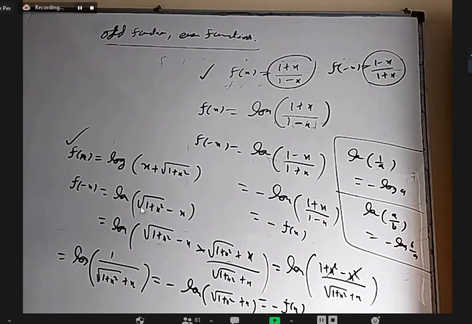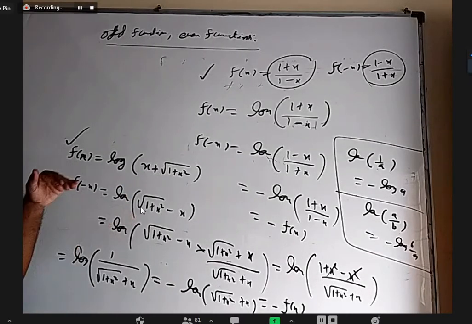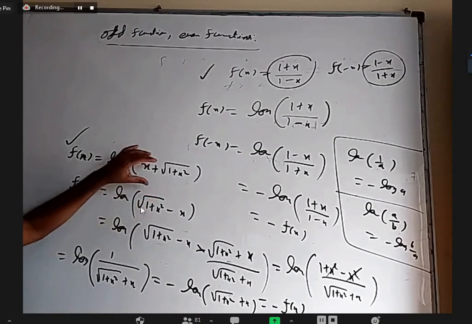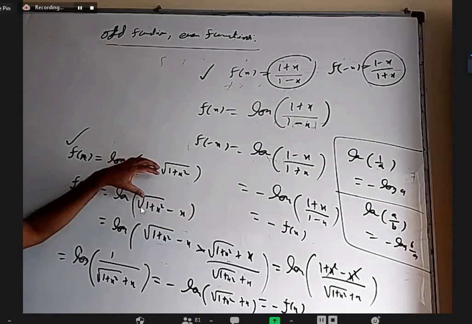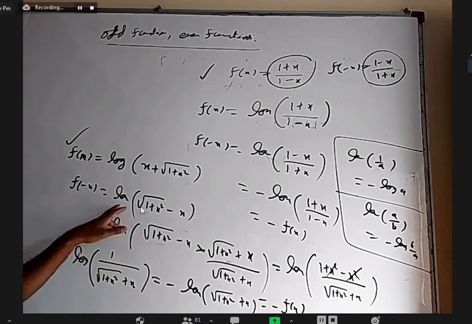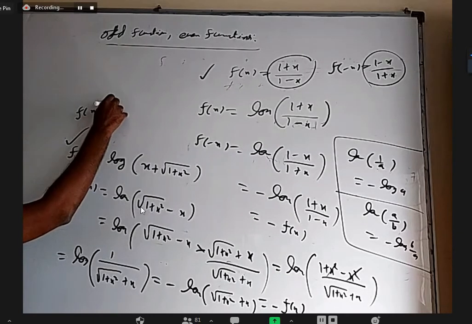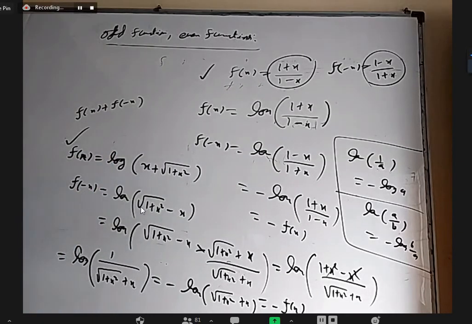Yes, sir. Okay. So we should not just quickly jump to a conclusion. You really find f of minus x and then check whether these two are equal or not, or whether this is the negative or not, using some rationalization or simplification or some other formula if required. Sometimes if somebody is not able to check like this, you can check another thing. You try to prove this sum is 0: f of x plus f of minus x. That is not very difficult.